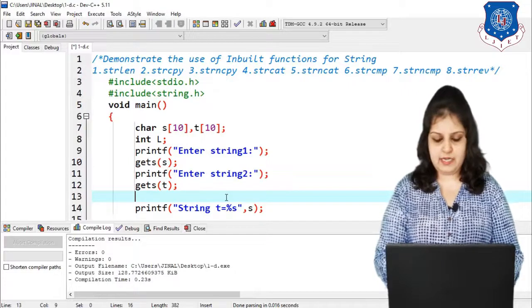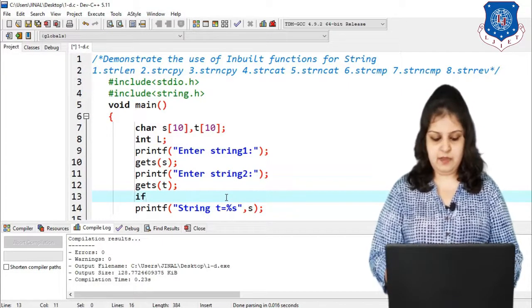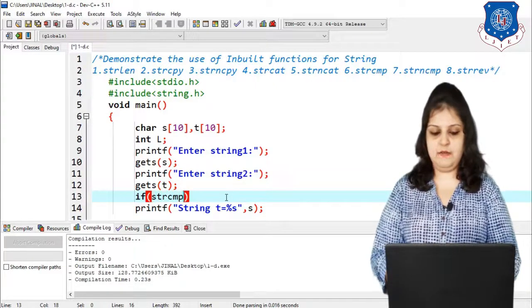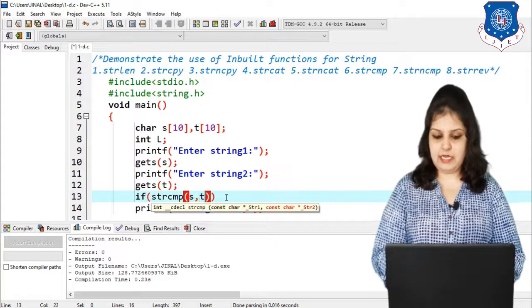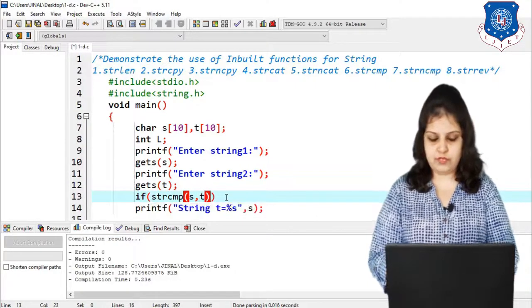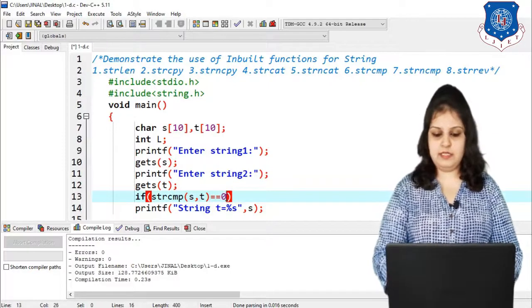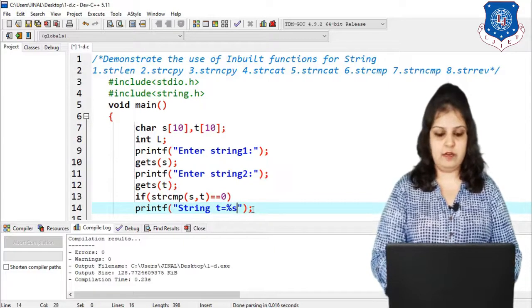So how can we write it? Just write the condition if, then in the if write the function that is strcmp and in brackets write the variables s comma t, and if the difference of this function value is 0, in this case we can say that both strings are equal.